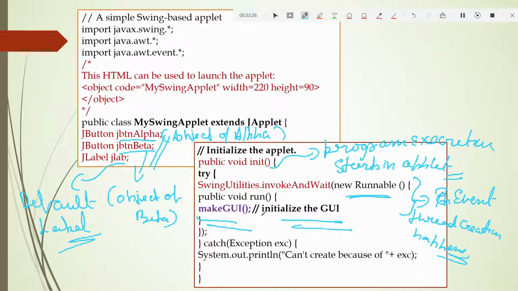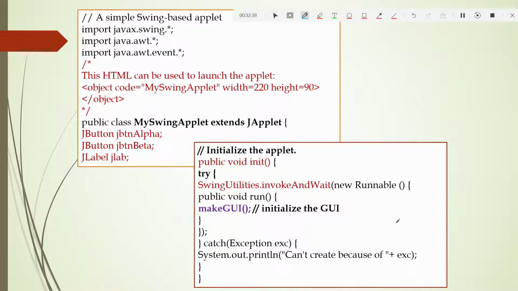If there is some problem, an exception will be thrown, so this is in a try catch block. Let us go to the makeGUI function now.